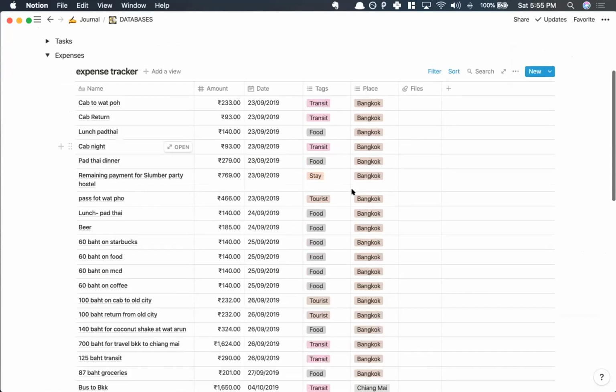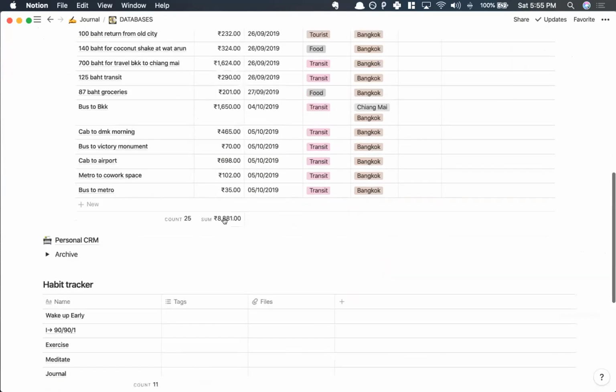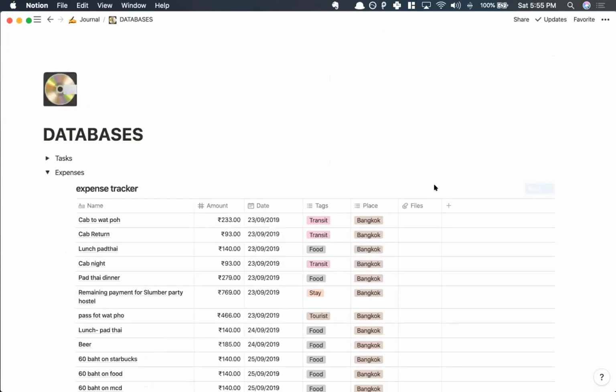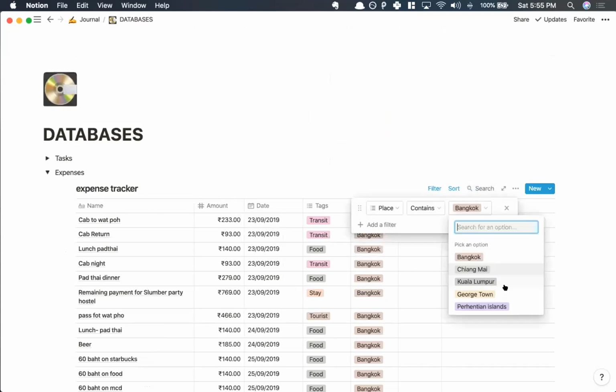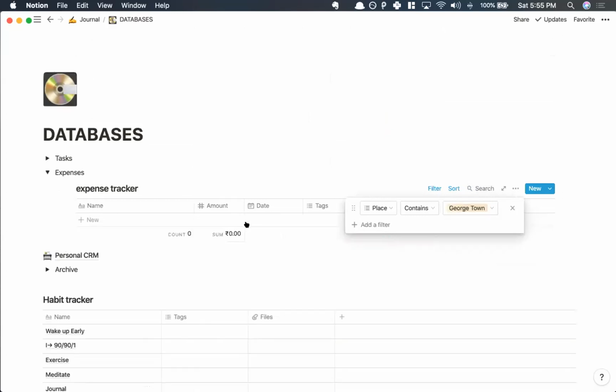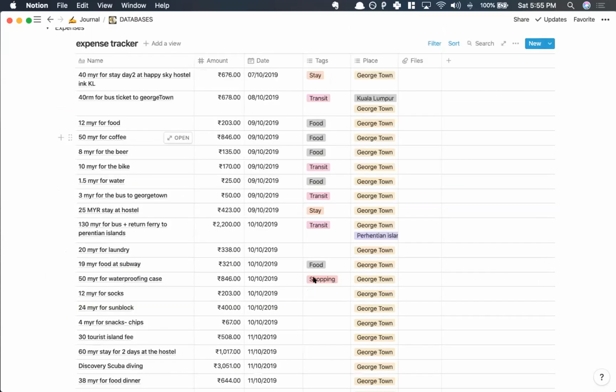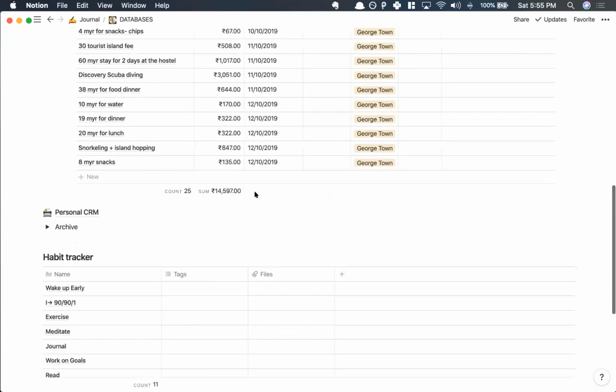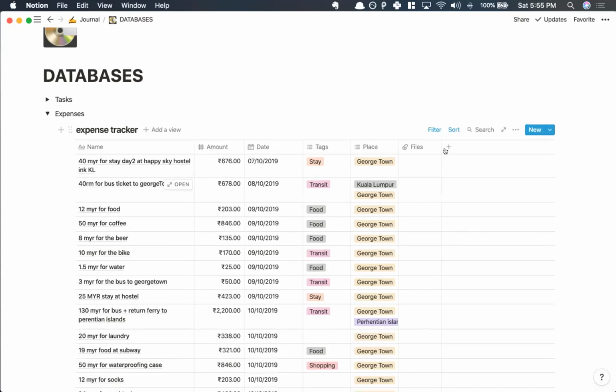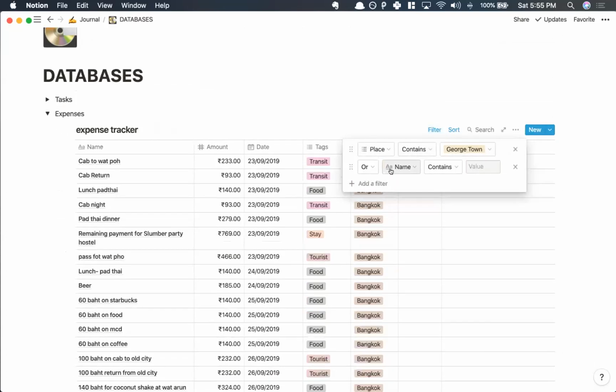So now if I want to track the total amount I've spent somewhere, in some category, right? This is very handy. So now let's say I want to add some filters. So place contains Bangkok. Instead of Bangkok, I want to check in Chiang Mai or Kuala Lumpur or Georgetown, let's say Georgetown, right? Now I can see if I spent any money in Georgetown. All my money in Georgetown is this much. Now, if I want to go even further, I can add a filter, okay? And then I can add